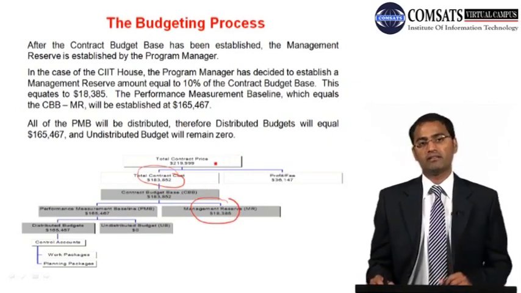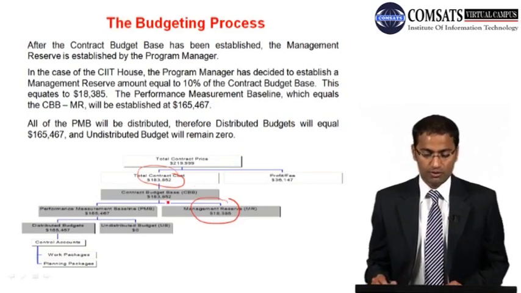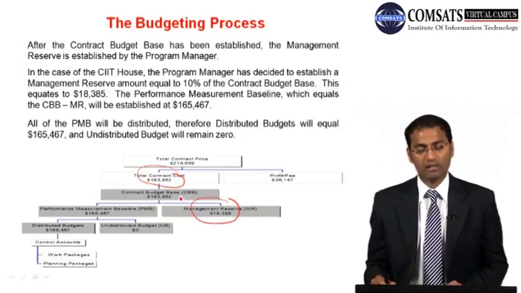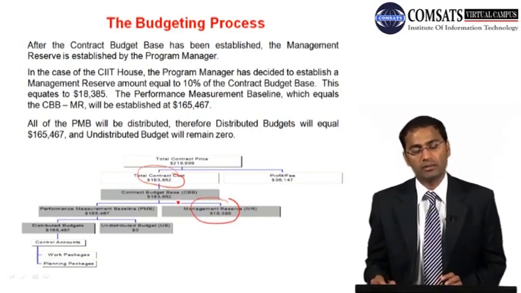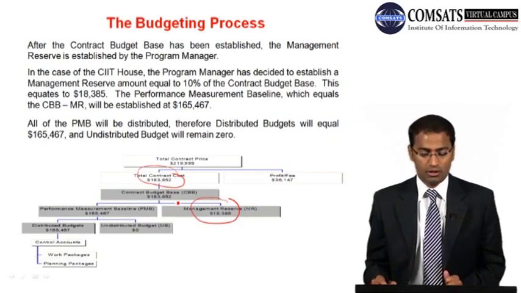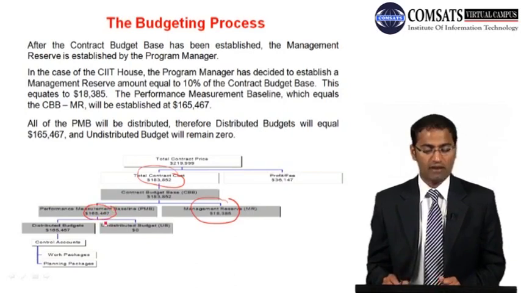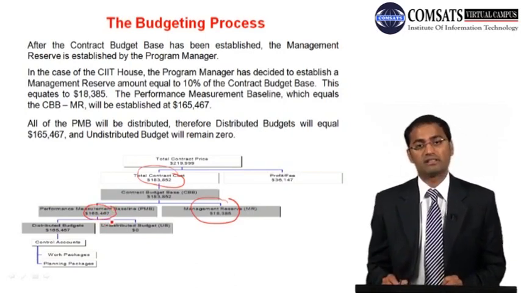So management reserve has been decided. So if you subtract this 18,385 from the contract budget base, and that is 183,852, then you get 165,467